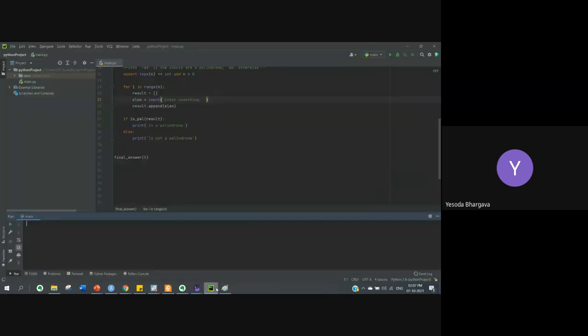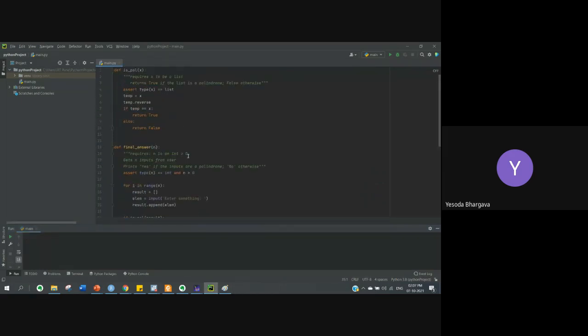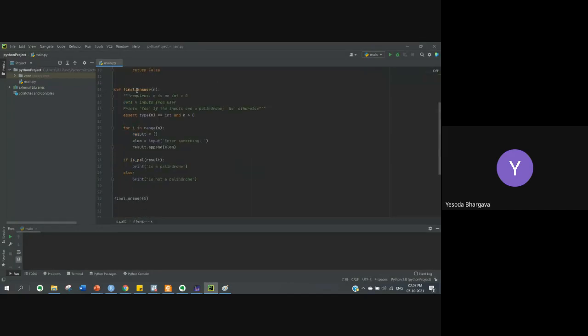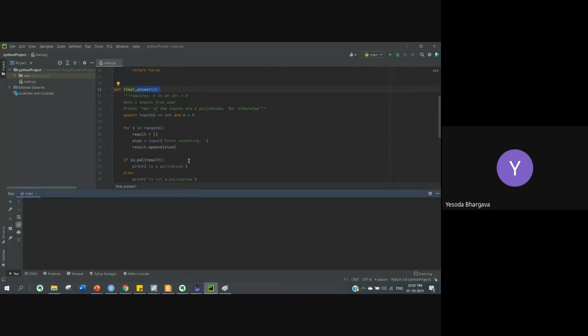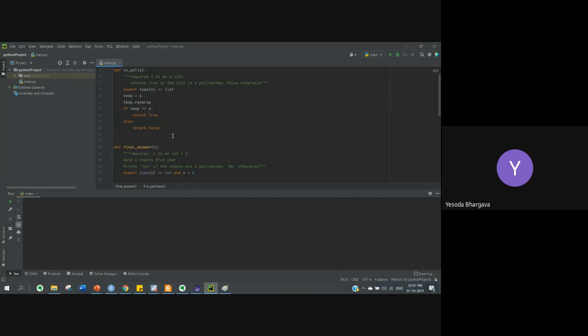And so here is the code. There are two functions. This one checks whether the number is a palindrome or not, and here you put the input and the final result is obtained. There are certain bugs with this program, and we will try to understand how we can go about correcting it. Before we start, let us try to run it and see what it gives us.